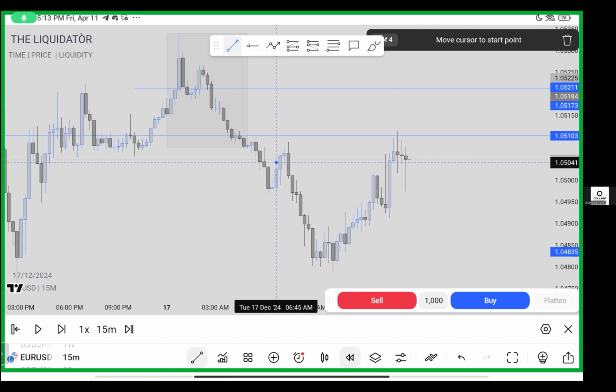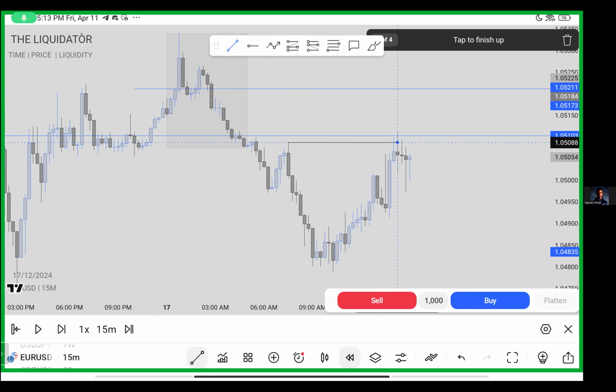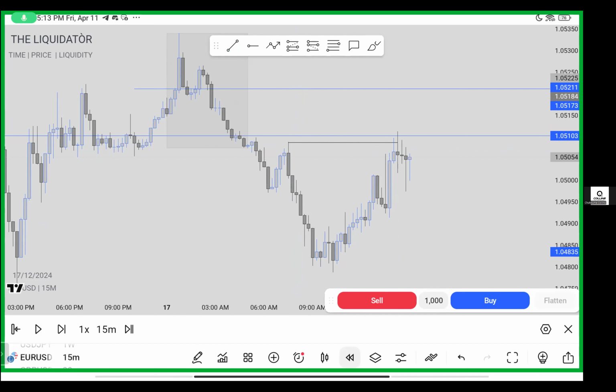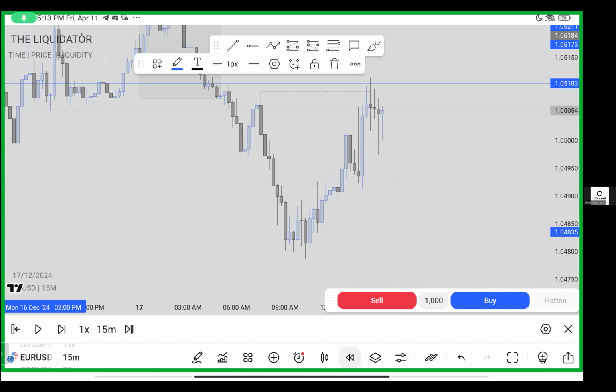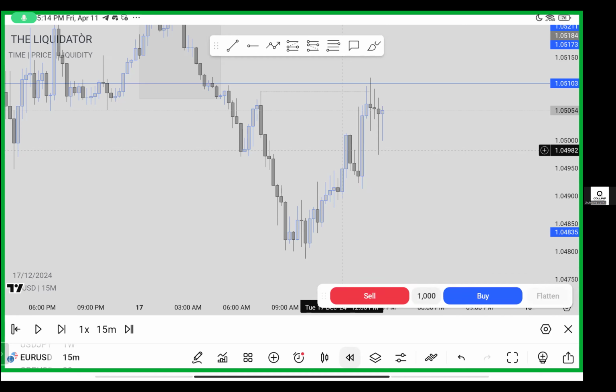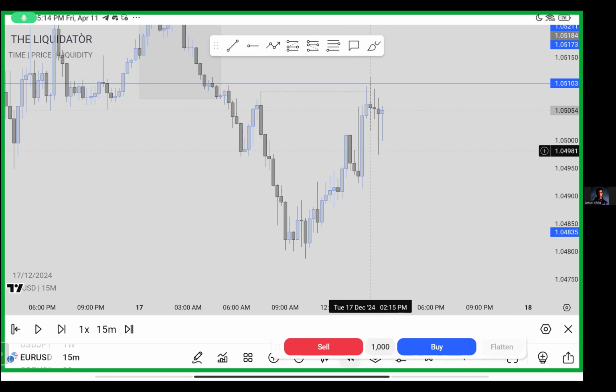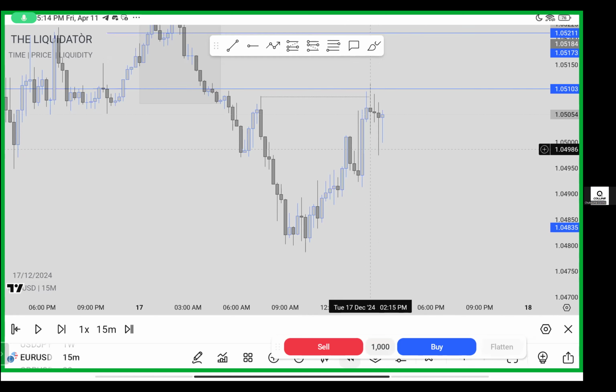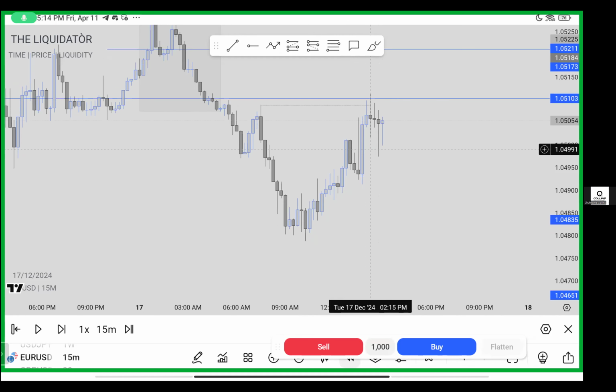This was a liquidity here. I thought price was forming this liquidity for this POI. See, this was a liquidity here, and liquidity was swept close to the POI. So I thought that, okay, since this is the POI, let's check if there's a break of structure on the 15-minute time frame. Mind you, this was very late. Let me check. Okay, this was still 2 p.m. The mitigation happened at 2 p.m. Nigerian time, so it's still good. Let's try and check our confirmation entry to see if we take this trade.